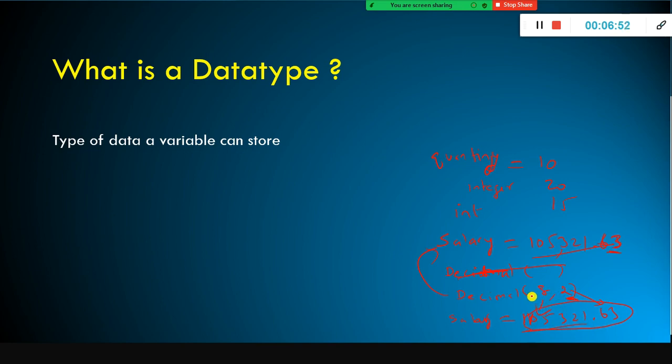Hope you understood the difference between the integer data type and decimal data type, and also you understood the arguments here. The first argument states the total number of digits that is allowed to be stored in the salary variable. Of the 8 digits, 2 digits will be used for storing the decimal values. That's it. It's pretty simple, isn't it?